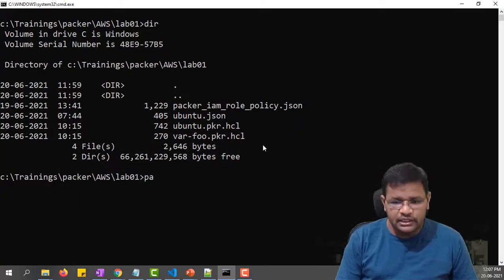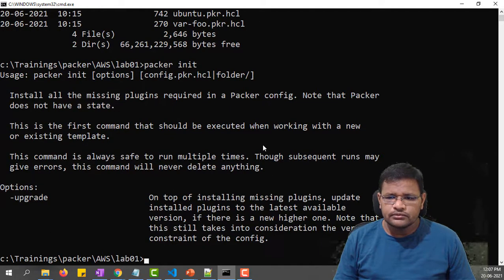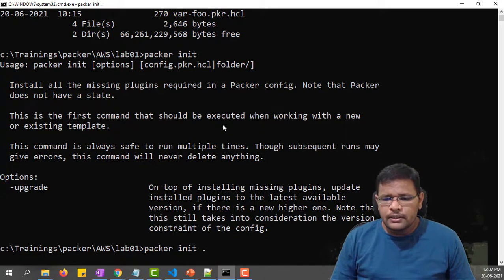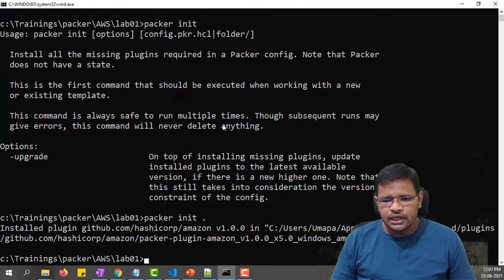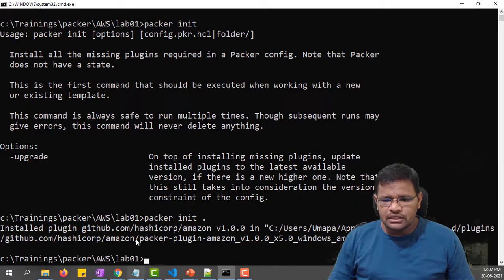So I want to run the Packer init. Let me see what it will do. So install. So I need to give the start. So once we give the Packer init space dot, it will download the plugins in our file which I have already shown you. So here again the Packer files has been downloaded. This is how the init command will work. So we'll see our next commands. We'll go to slides now.